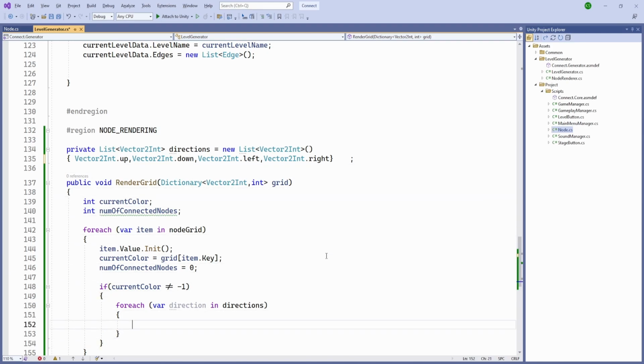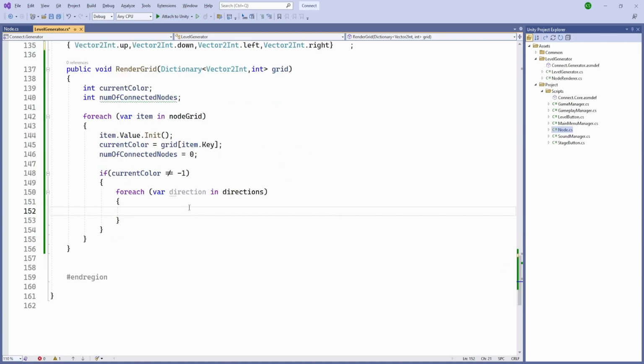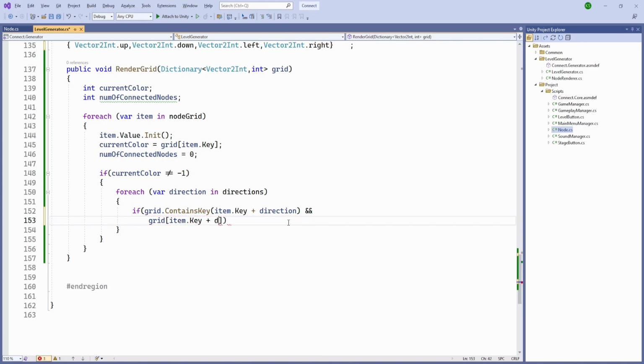And for each direction, we'll check if our node grid has a valid node there, and that node is the same color. So first we need to check if our grid contains the key, and it is going to be our item.key plus our direction. And after it contains, we need to check if that position is equal to our current color, and if it is,